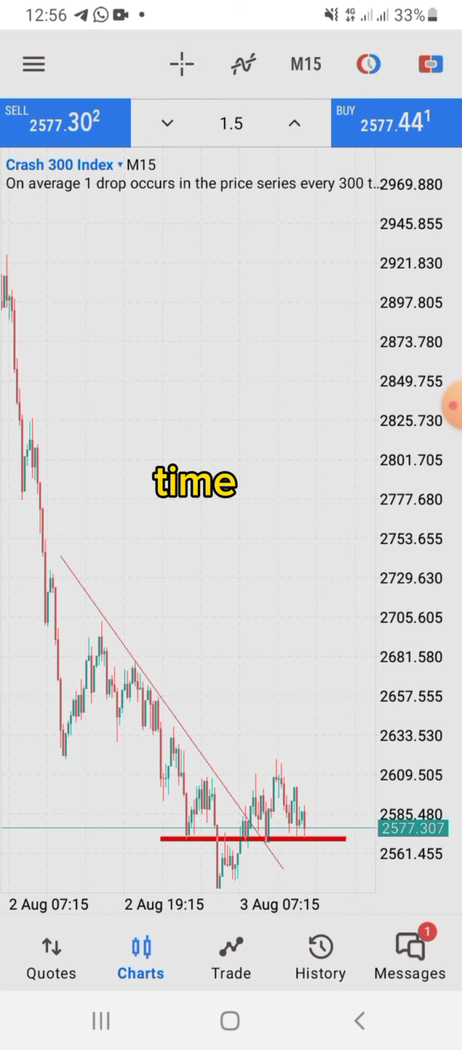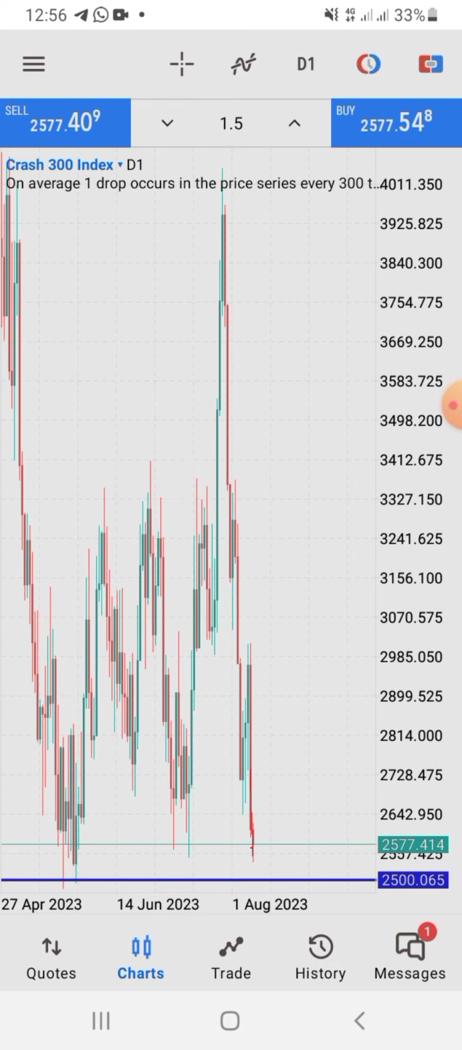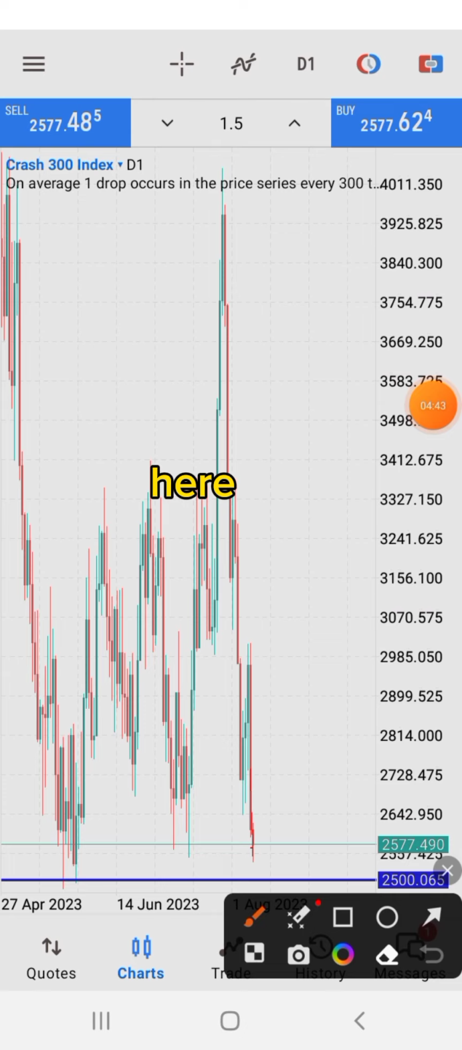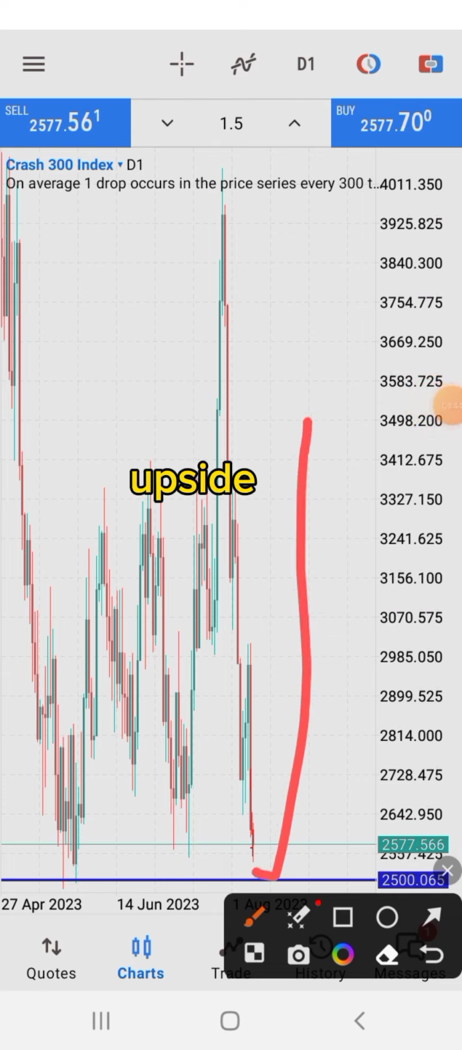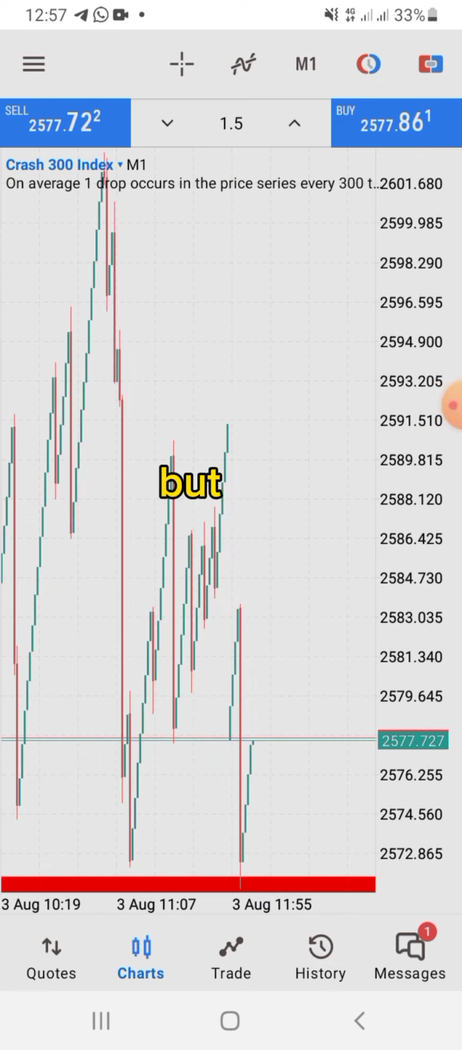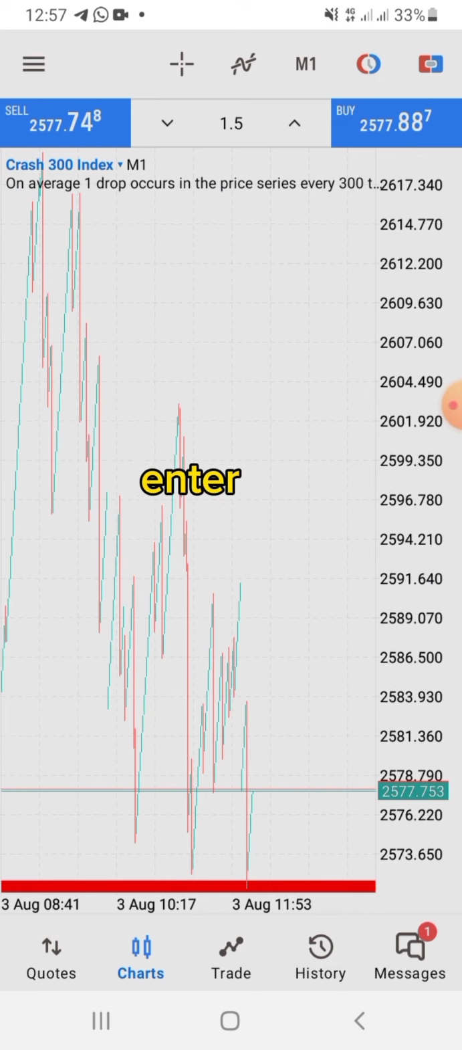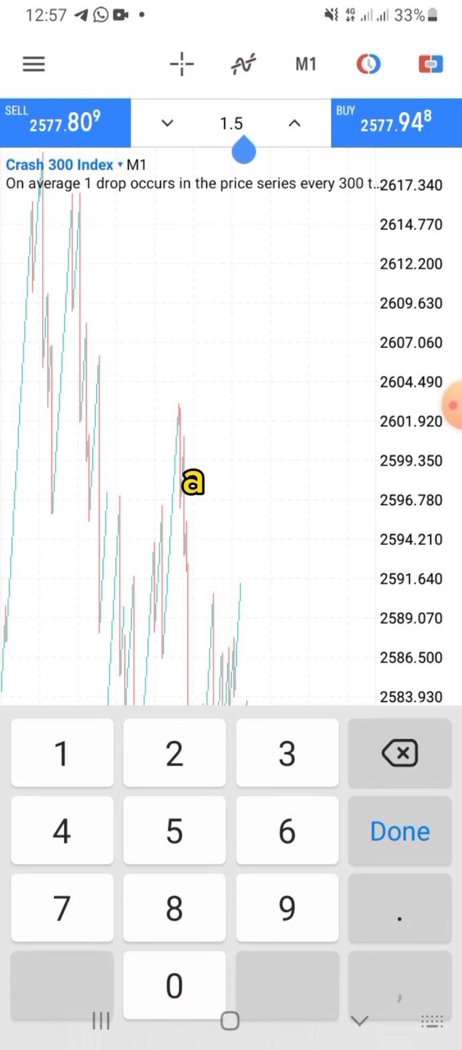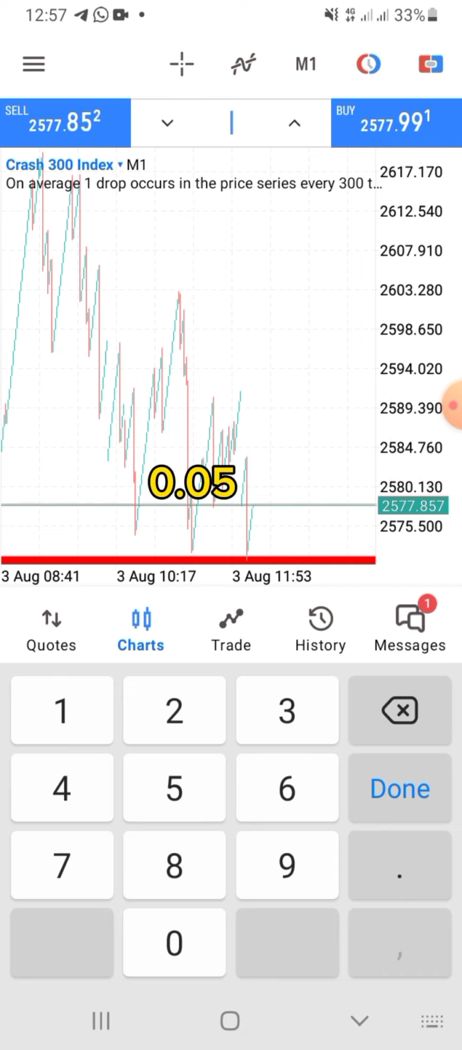Okay, at the same time it can break downside and shoot down all the way to the red line, to this blue line here, and then shoot upside. So what am I going to do now? I'm going to enter a trade now in your presence, but I will enter with a smaller size. I'm going to take a trade of 0.05. You know why? I don't want to take a big risk